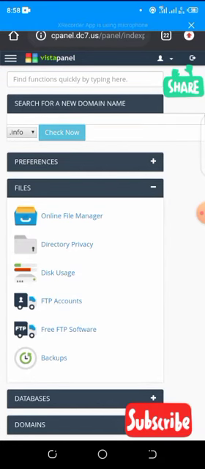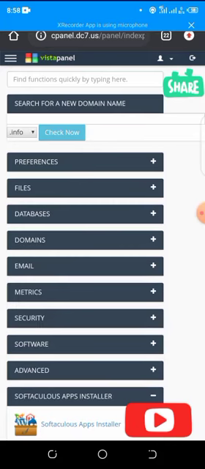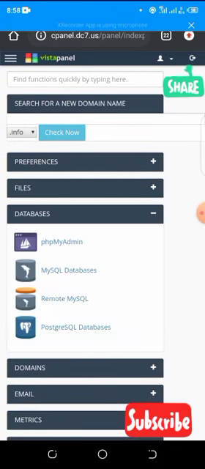You can also make a backup. You save every content of your website and back it up on your external hard drive for future purposes. This is the database. You should know that every website we are using, and every online thing, is run by a database. Every data that you upload on your website is stored here. We have phpMyAdmin, we have the MySQL database, and the remote MySQL, and this remote MySQL is online. That is why it is remote.